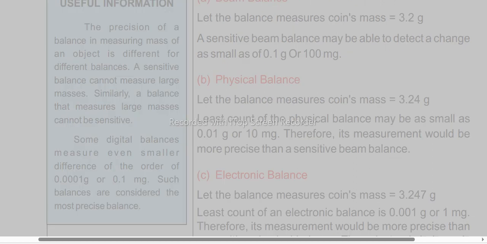Useful information. The precision of a balance in measuring mass of an object is different for different balances. A sensitive balance cannot measure large masses. Similarly, a balance that measures large masses cannot be sensitive. Some digital balances